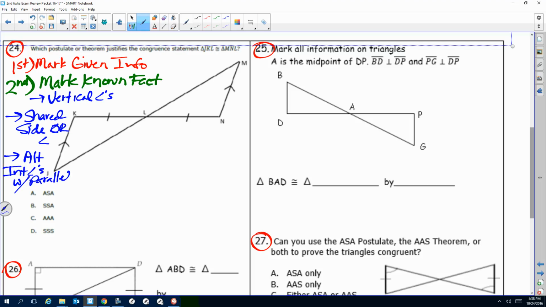Okay, so with this problem, we have vertical angles, so we would need to mark those. There's no shared side or angle, but we do have these arrows right here, and I'll put that in a different color. These arrows tell me we have parallel lines. So if you need to, you can extend the lines. No, I ran out of room here. We need to find a transversal to do alternate interior angles. Well, if I use this line right here, this is my transversal. So if I wanted to extend these parallel lines, we would see that the alternate interior angle right here